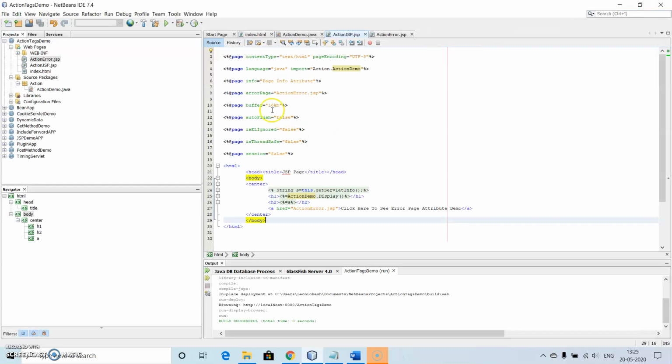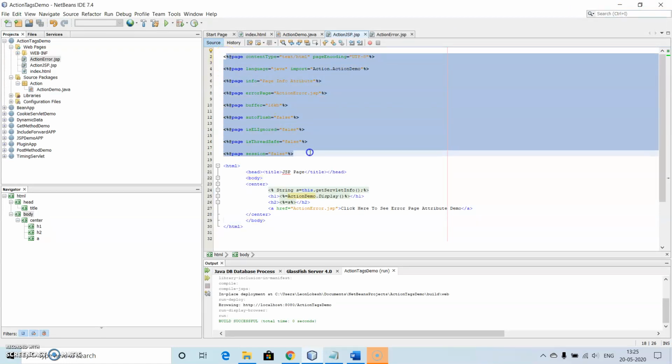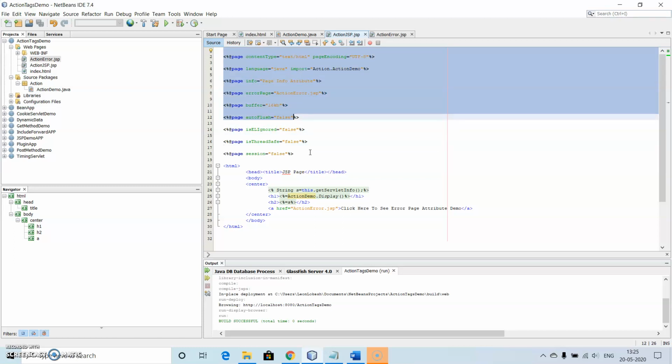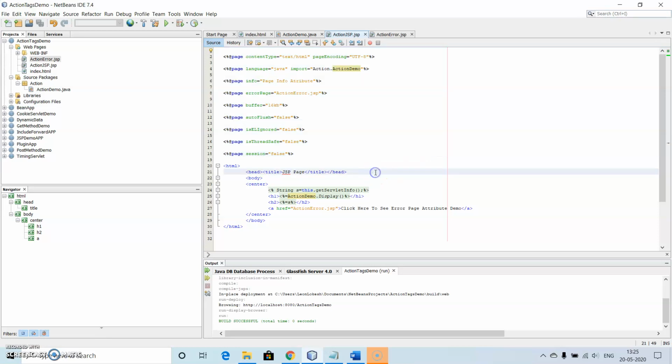So here we need to understand these contents. These are nothing but the attributes or the action attributes whatever we are setting to our page, which will not be visible in every case, but this will be helpful for our server to understand what exactly the page is about. So this is about our action tags demo program. Thank you.